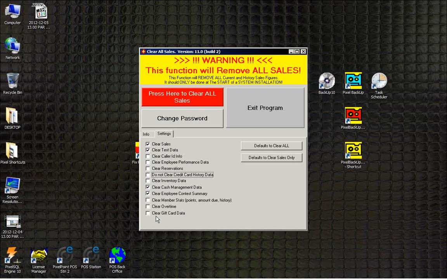So for example, if you're interfacing with a Mercury gift card system, then you would need to clear out separately within the Mercury gift card system in order to be able to do that. But anything PixelPoint related will clear that out. One more thing I want to point out is that when you clear off